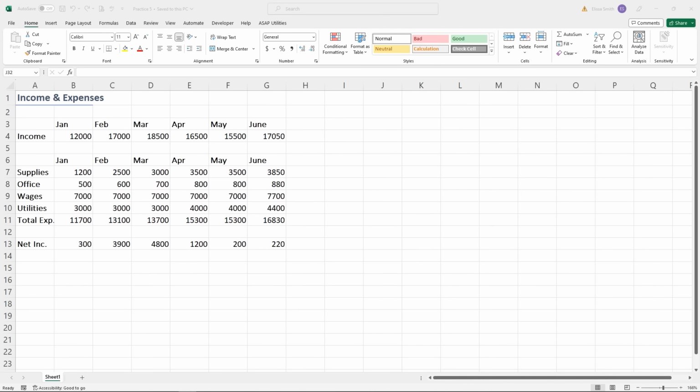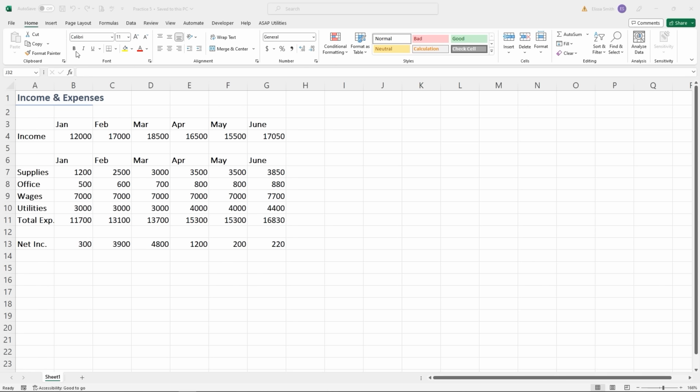Welcome back, everybody. Let's talk about printing, saving, and opening spreadsheets. Now, right now I have the practice file called Practice 5 open, so feel free to use it as we explore these functionalities. When it comes to printing, I need to go up to my File ribbon to access the